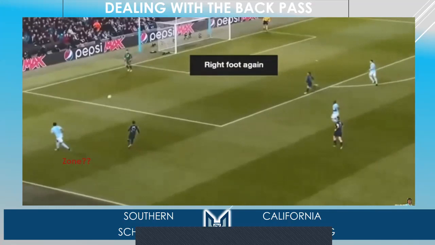So again, this was what we just talked about when he's in that deep zone. What is good that you still always will see is that this team, like we talked about,